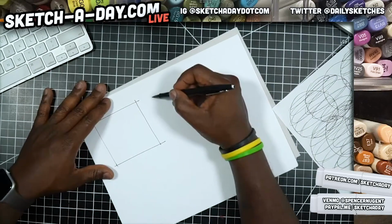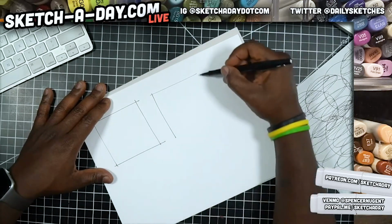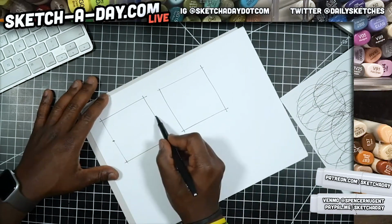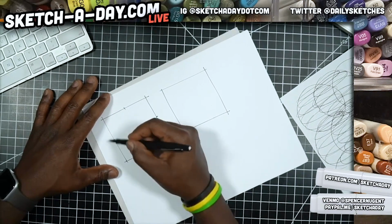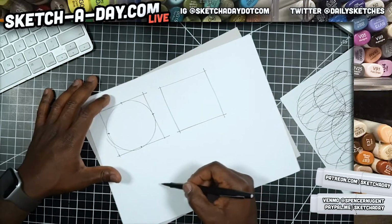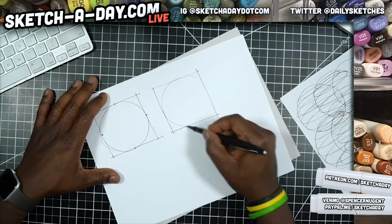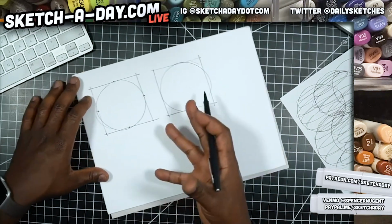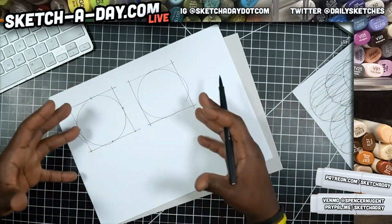So I have a square. I can do another one here. And the goal is you want to draw a circle so it touches these 4 points in the square. Something like that. Close, but not accurate. And the reason for that is when you're drawing a circle in perspective, you can start